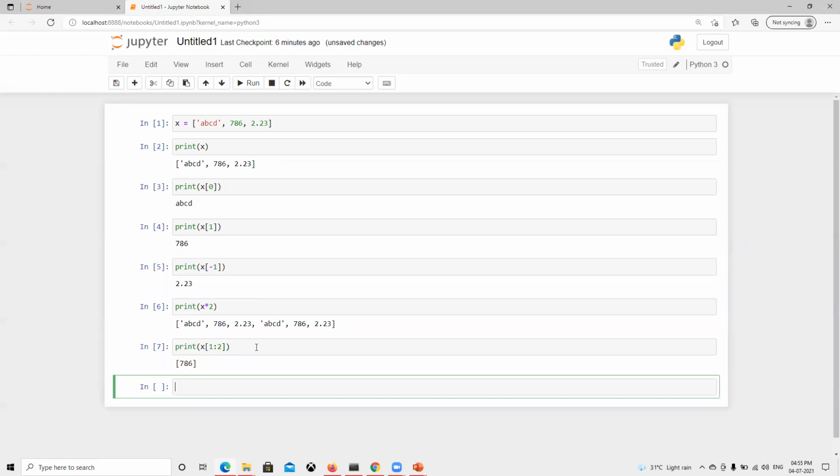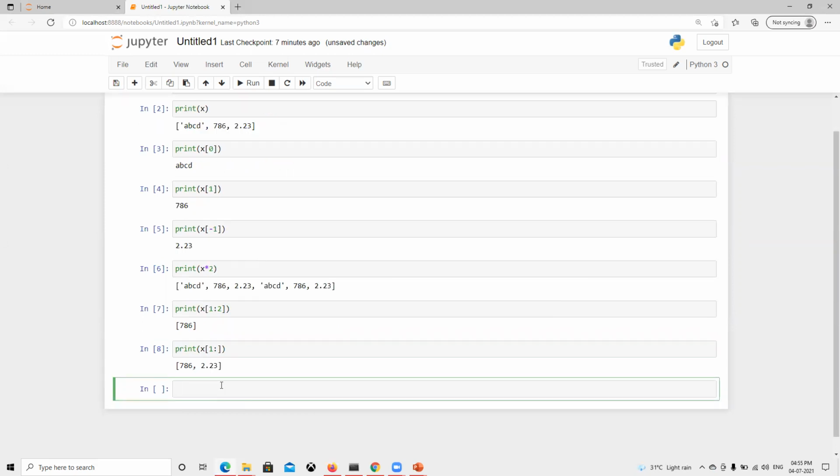Now suppose I wanted to print all the values after a given position. I don't need any ending position, I just need to provide the starting position, and then I get everything after that position. So we keep the ending position blank, and it will display all values starting from the starting position we provided.